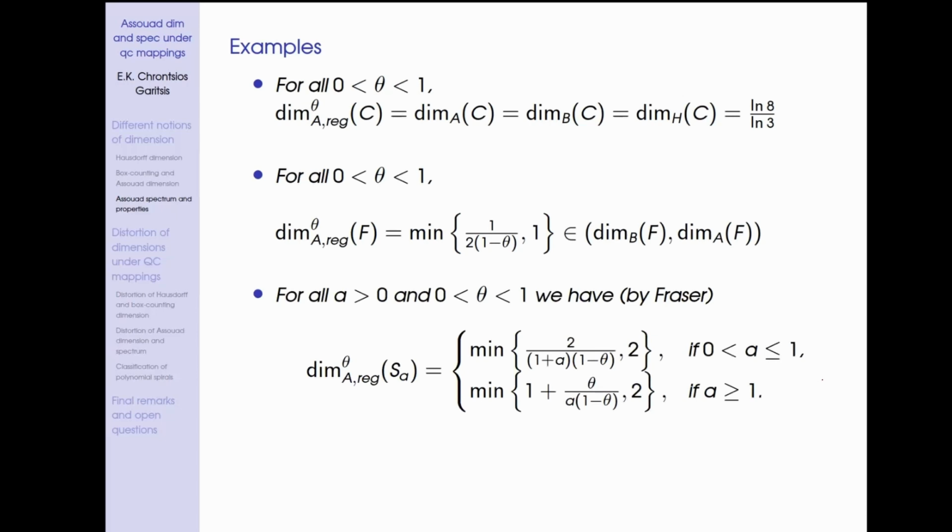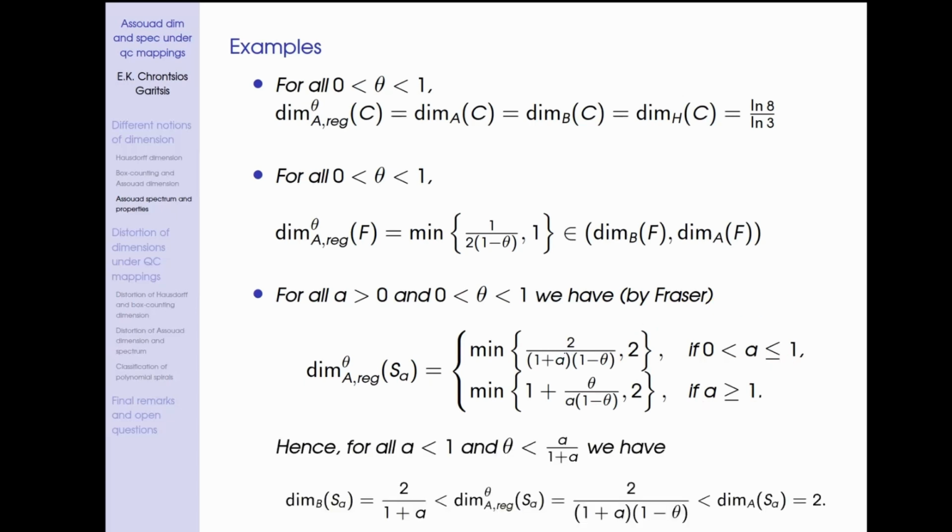For the spirals, Fraser proved that this is the formula that the spiral of a given A satisfies. And as you can see, the formula changes depending on how slowly the spiral goes to 0. And also, it might be a bit difficult to notice in this formulation. I will later rewrite this formula for the theta spectrum of the spiral. But when do we get 2 and when do we get this formula? Well, the phase transition in this case would be A over 1 plus A. So for theta less than that, we get the formula. For theta greater or equal to that, we get just 2 for both of the branches.